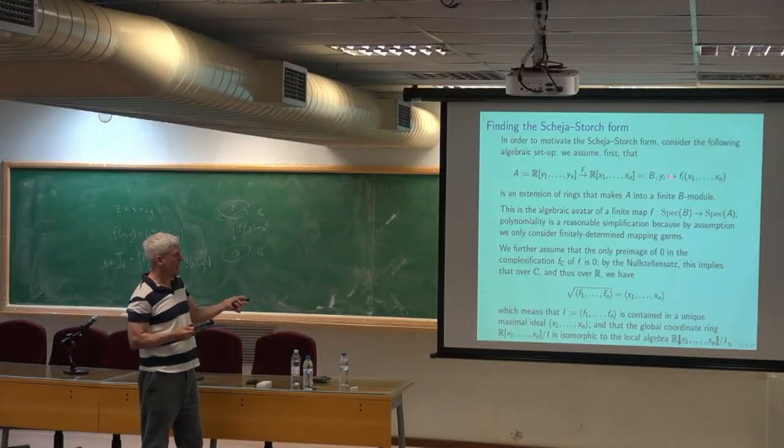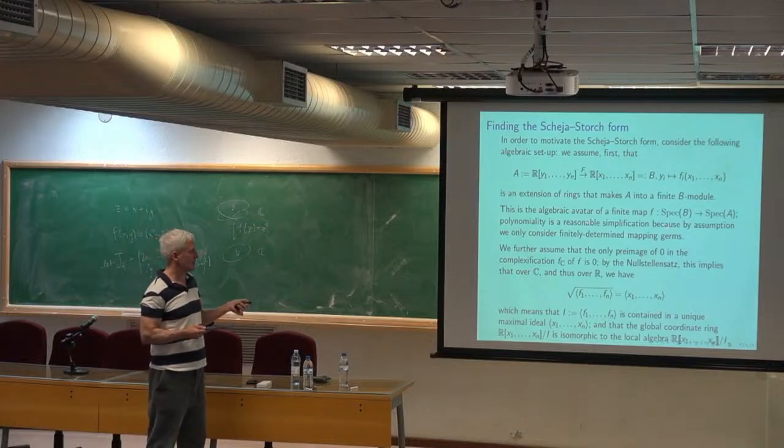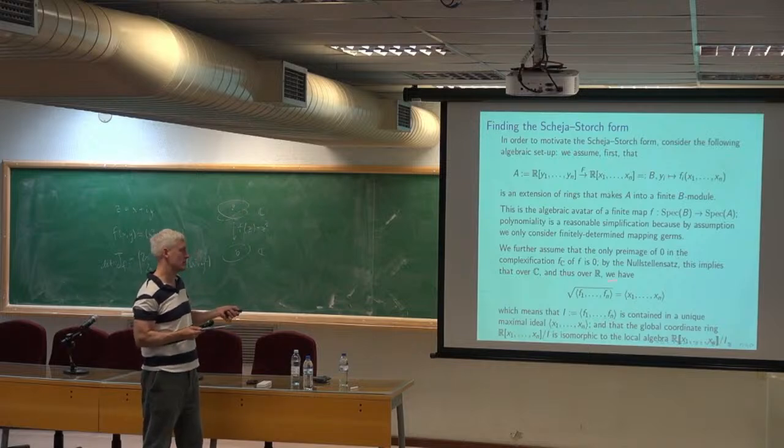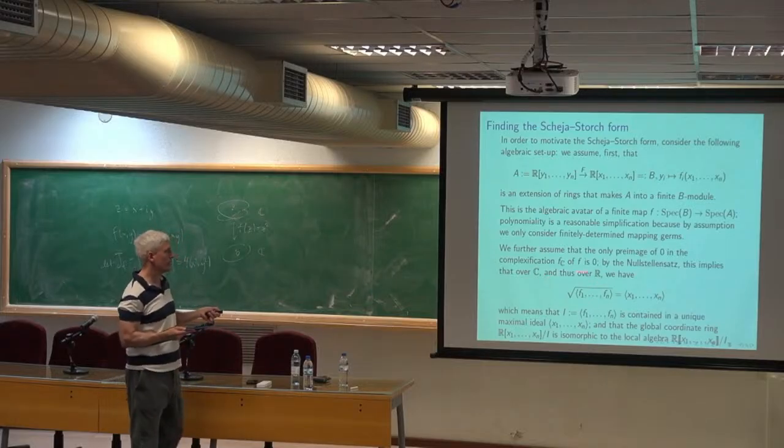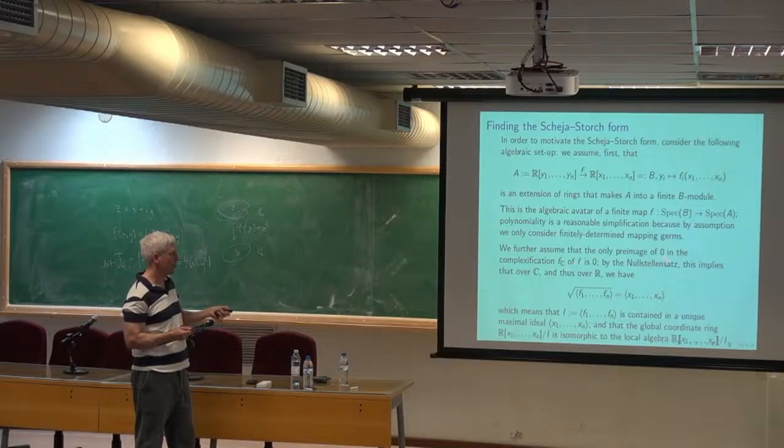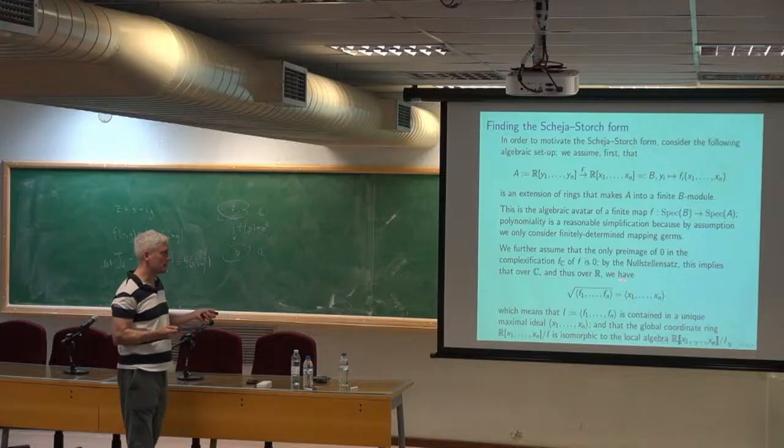The fact that this extension is defined by polynomials is reasonable because of our assumption that we only have finitely determined mapping germs. And then I'm going to make an additional assumption, which is sort of more restrictive, but pedagogically very useful. So I'm going to further assume that in the complexification of my map, the only preimage of 0 is 0. The utility of this assumption is that